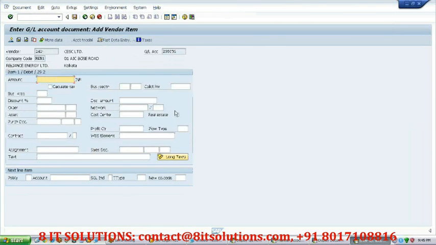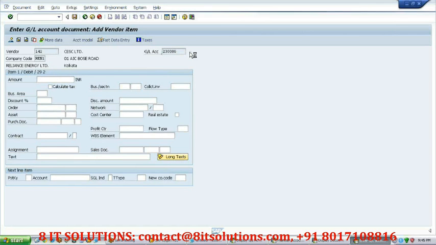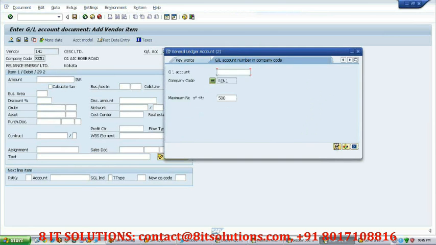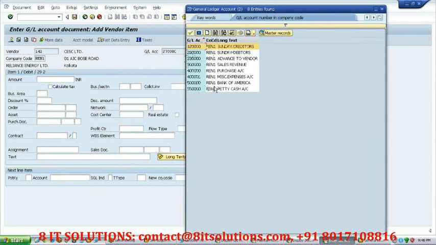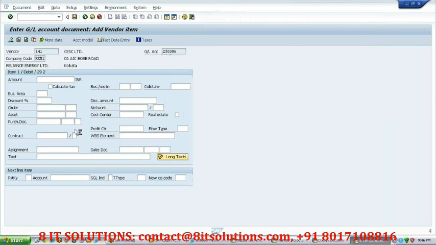Now if you press enter, you can see that the GL account got automatically changed to 234 times 0. Let us see what exactly this GL means. As we can see, now the system has automatically changed the GL account from this default Sundry creditor to advance to vendor. Okay, 234 times 0. You can see 234 times 0. So this is how you can change the GL account of one vendor or customer posting,